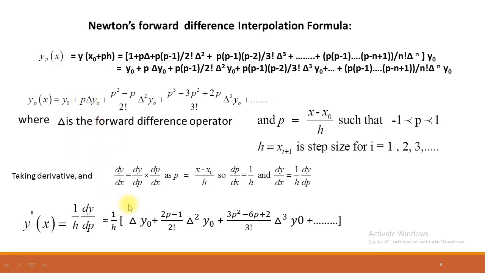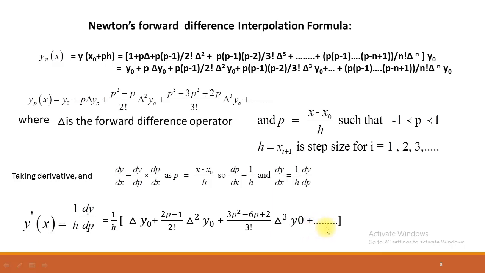So we get delta y naught, and using the power rule, the derivative of p square will be 2p, and the derivative of p will be minus 1. So 2p minus 1 divided by 2 factorial delta square y naught. And the derivative of this expression, by using the power rule, the derivative of p cube is 3p square, the derivative of 3p square will be minus 6p, and the derivative of 2p will be 2, divided by 3 factorial delta cube y naught